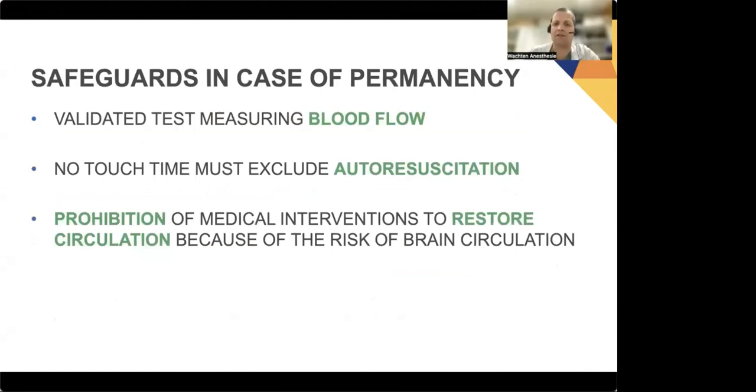What are these safeguards in DCD organ donation? Well, the safeguards are that we have to use a validated test to observe or to quantify the absence of blood flow. As pointed out, most of the time we use surrogate parameters to define that, but that's okay. That's a well-accepted practice. The no-touch interval must exclude autoresuscitation as well. But most importantly, prohibition of medical interventions to restore circulation because of the risk of brainstem function is very crucial